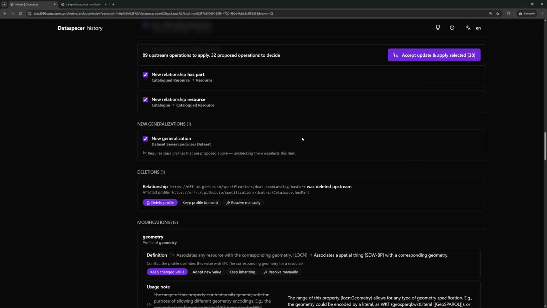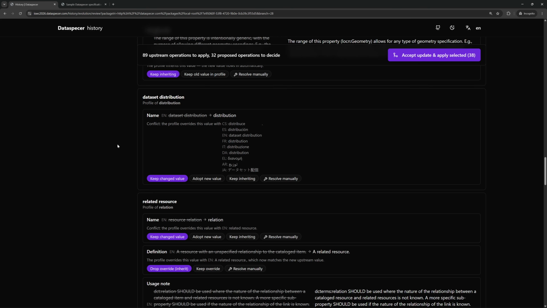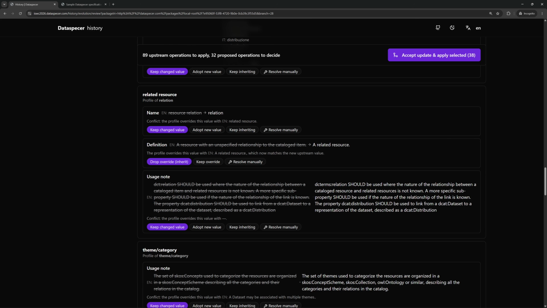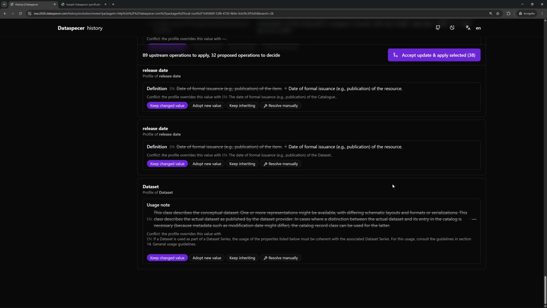change in an ID. There are modifications again, modifications in definitions, in usage notes, changes in the name of a relationship, and so on. And again, we can choose whether we want to remain with the already changed value, we want to adopt a new value, or we want to inherit whatever is in the upstream specification. So like this, we go through the list of changes, and when we are satisfied, we accept them,